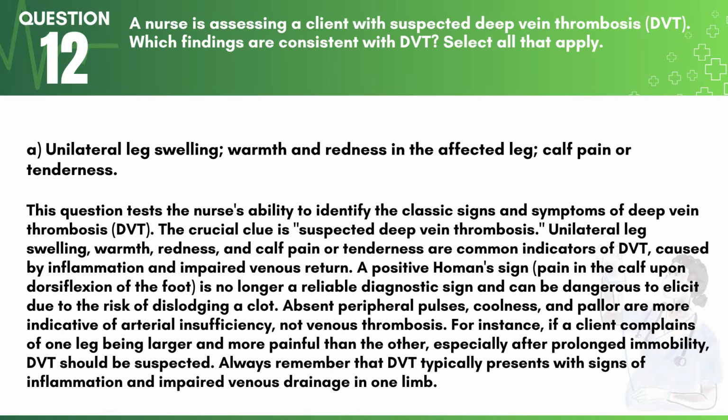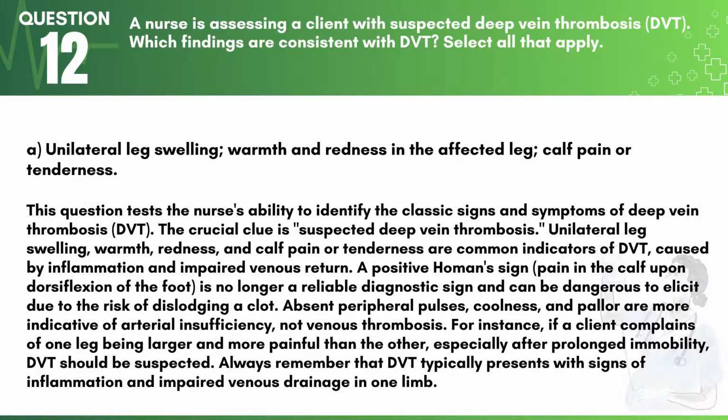Answer. Unilateral leg swelling, warmth and redness in the affected leg, calf pain or tenderness. This question tests the nurse's ability to identify the classic signs and symptoms of deep vein thrombosis, DVT. The crucial clue is suspected deep vein thrombosis. Unilateral leg swelling, warmth, redness, and calf pain or tenderness are common indicators of DVT, caused by inflammation and impaired